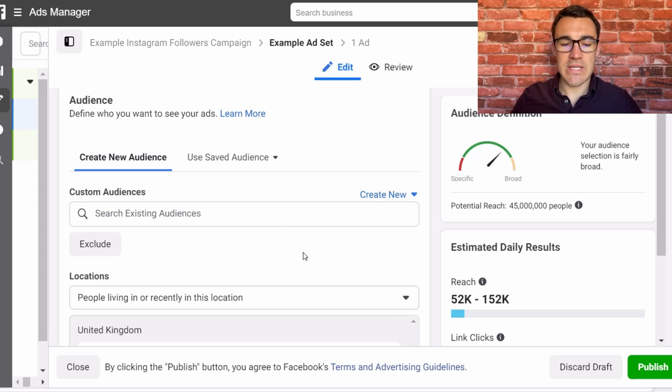First thing we need to do here is work out who we want to target, okay? What's the best audience to target? Now, in my experience, I've tested a whole bunch of different audiences. The best audience to target is a 1% lookalike audience based off of people that already interact with your business